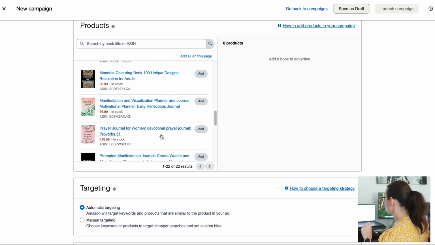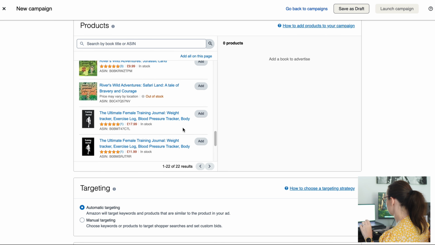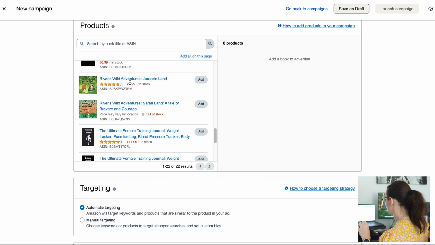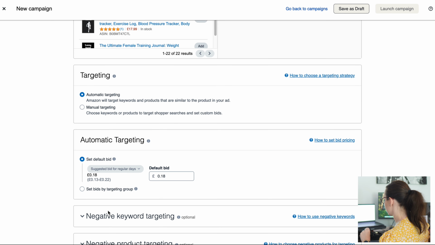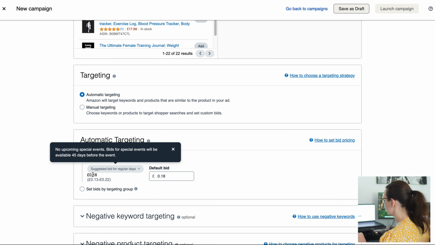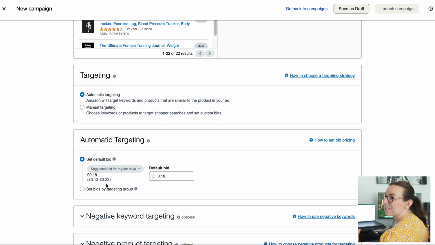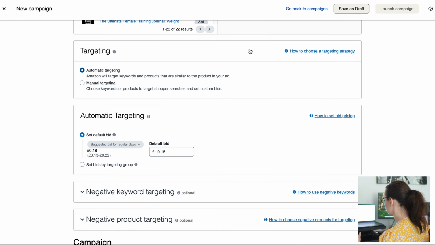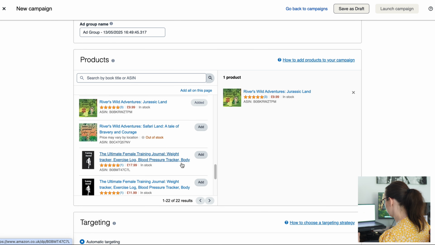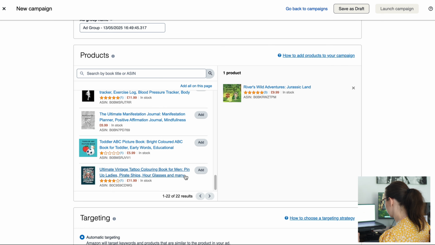Okay, so this is what you're going to see when you come in. What I'm going to do is there is one book here that I am going to add. This is River's Wild Adventures. This was a children's book that I made. I'm going to go for automatic targeting just there. It gives me a suggested bid for regular days. And basically, because it's a children's book, it will be a bit higher. But if I just show you, for example, another book. So say if I select,